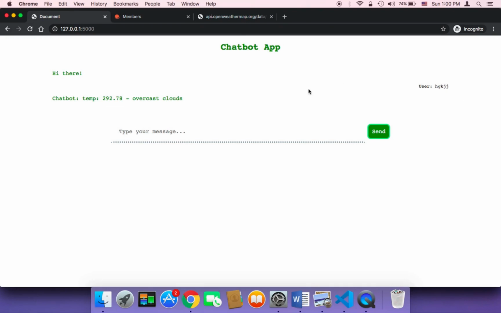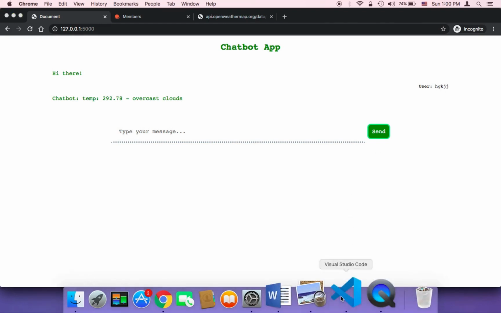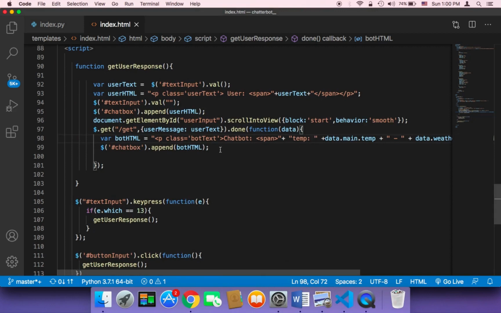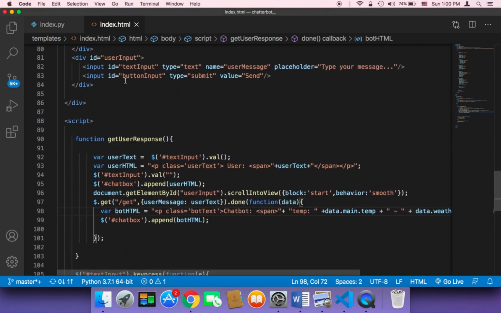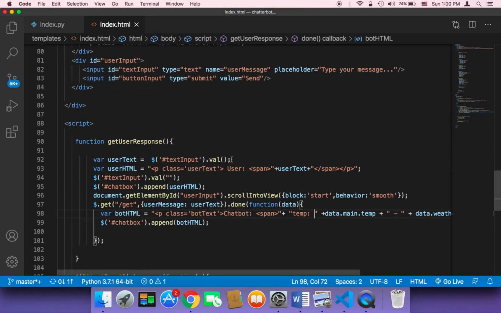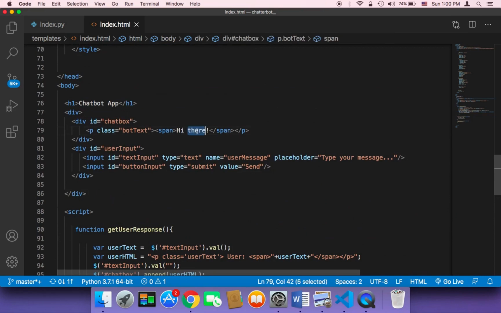So how can we do that? How can we be clear with the user and let the user know that this is a weather chatbot application, and prompt the user to type and give us the city that he wants to know its weather conditions? So to do that, first of all, in our HTML, in our index.html, we need to send an initial message instead of just hi there. You can first say hi there, and then you can display another message that says